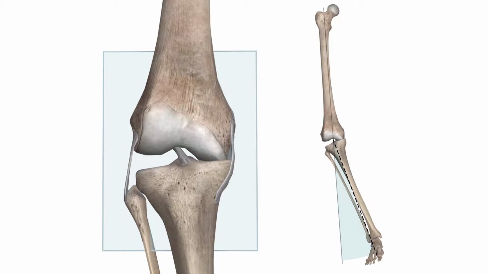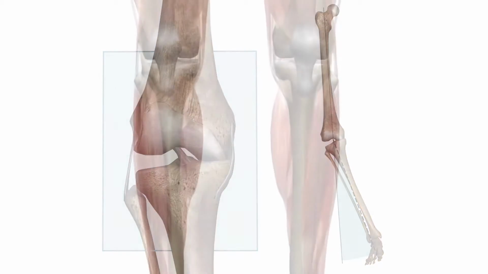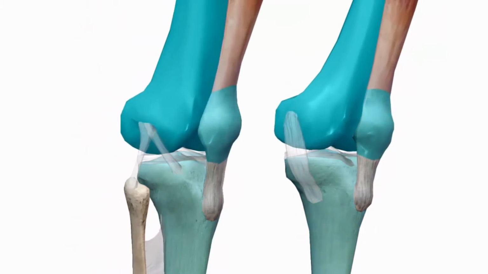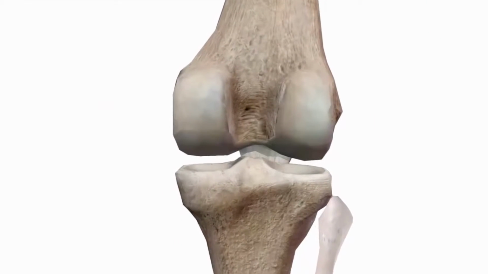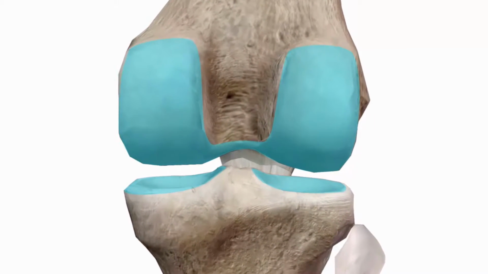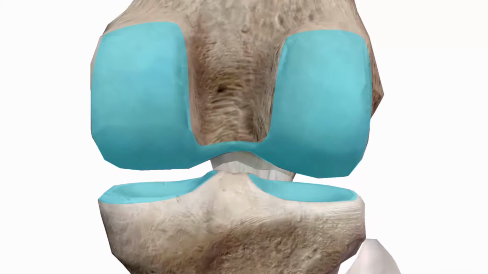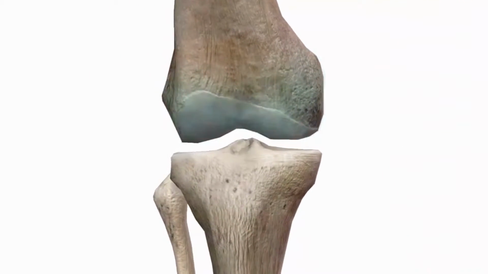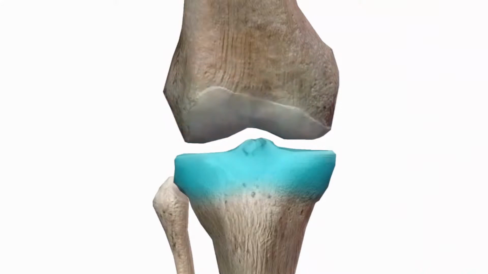Today, I'll be discussing anatomy of the knee. The knee joint proper is comprised of two joints, the tibiofemoral joint and the patellofemoral joint. These are synovial joints covered in articular cartilage, a white, nearly frictionless tissue that allows for smooth gliding between the articulating joint surfaces. The tibiofemoral joint is the articulation between the distal end of the femur and the proximal end